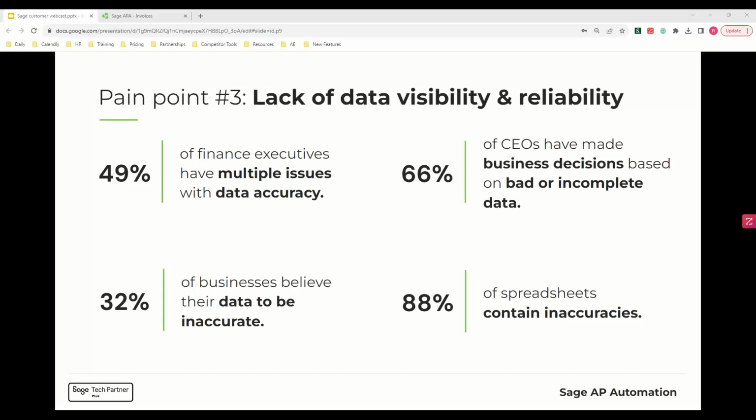So let's consider our final AP pain point, a lack of data visibility and reliability. As it stands, finance executives are not confident in the accuracy of their cash flow data. According to Blackline, 49% have multiple issues with data inaccuracy, while an incredible 98% think they could have more confidence in their data visibility. And Experian research has shown how businesses believe 32% of their data to be inaccurate, while